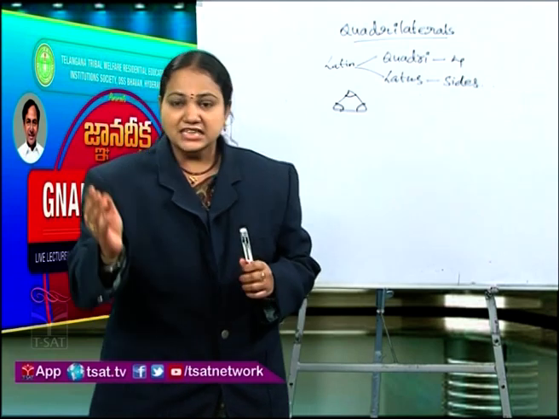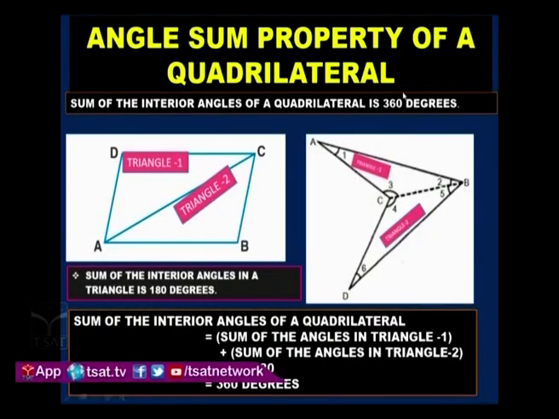We will learn now. Look at the slide, angle sum property of a quadrilateral. In this quadrilateral, whether you take a convex quadrilateral or a concave quadrilateral, draw a diagonal AC, which is interior of this convex one. But when you are taking a concave quadrilateral, take the diagonal which is in the interior of the quadrilateral. That diagonal makes the quadrilateral into two triangles, isn't it? Triangle 1 and triangle 2. Look at the figure, children. In this quadrilateral also, this diagonal is making the quadrilateral into two triangles, triangle 1 and triangle 2.